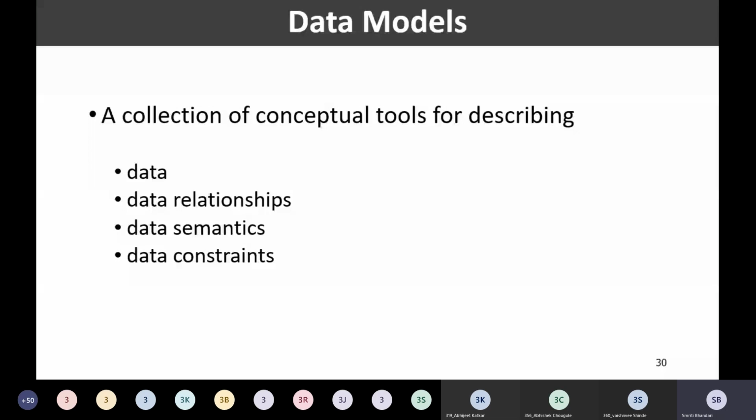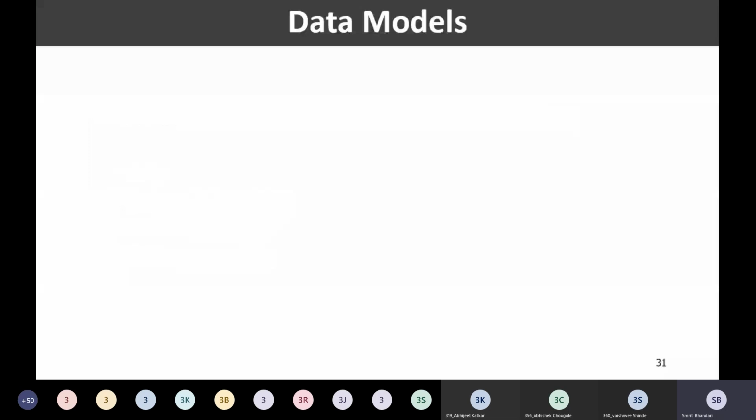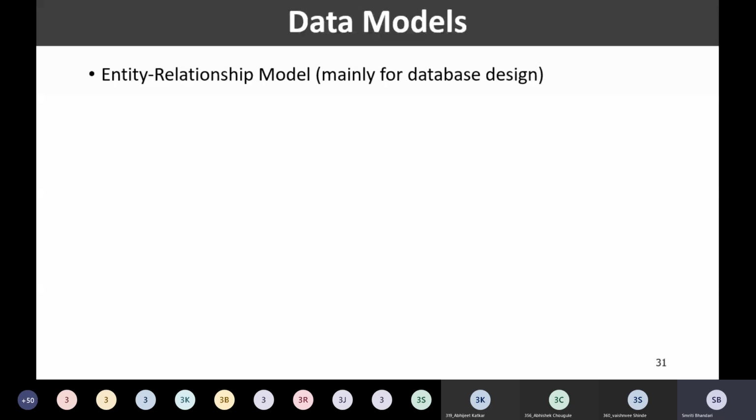There are different kinds of data models available to describe the design of a database. I'm going to list a few of these data models and brief you about them.